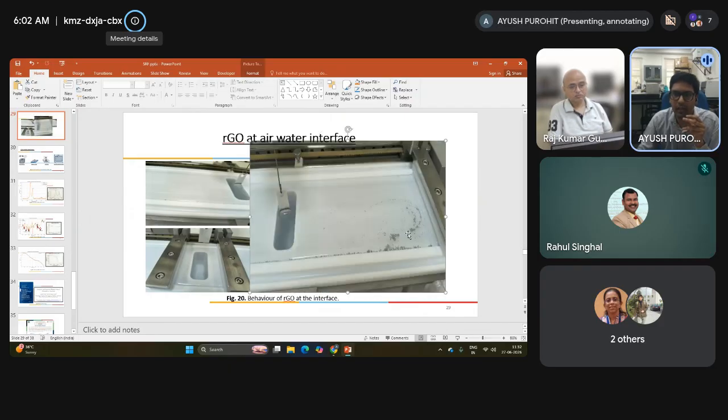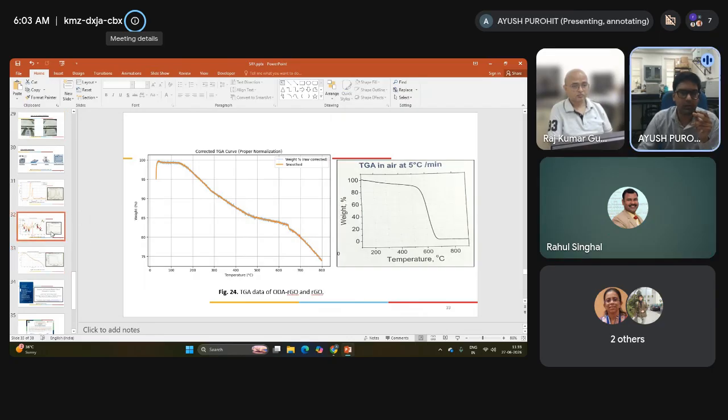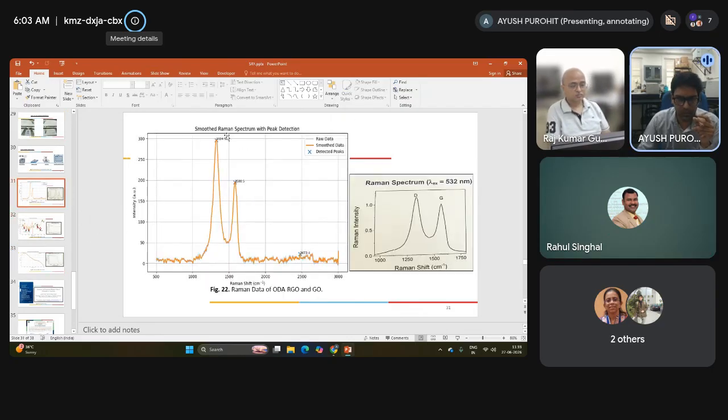This is showing the behavior like a sand particle, as we can look here. After adding ODA, yes sir, were you able to have this thin film of monolayer of RGO over the substrate? Yes, sir. Because that was reported in a paper of Professor Rajkumar Gupta, sir, that after functionalizing GO and RGO with ODA, it will show a good behavior